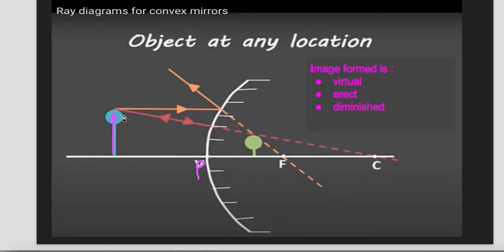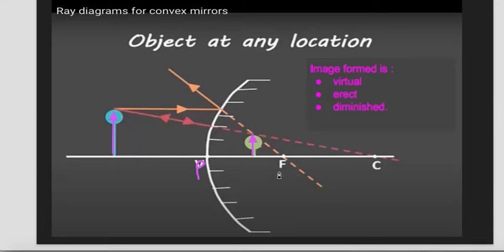Now let us take two rays, as we always do. Two convenient rays we will take, because a minimum of two rays is needed to get the image formation. And how do we get to know about the image formation? We get to know by the point of intersection of the two rays that we have drawn. Okay, let us start. Now first of all, the first ray is a line parallel to the principal axis.